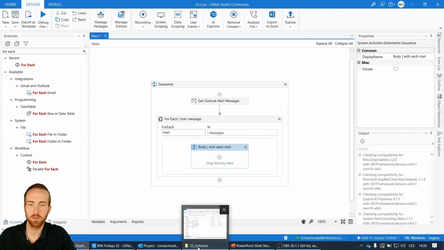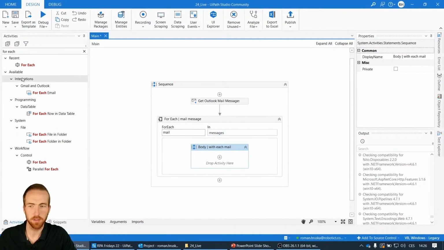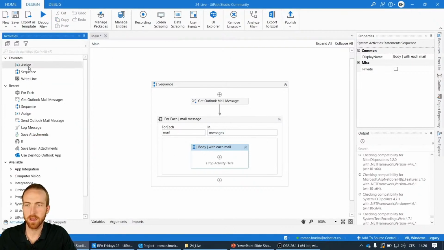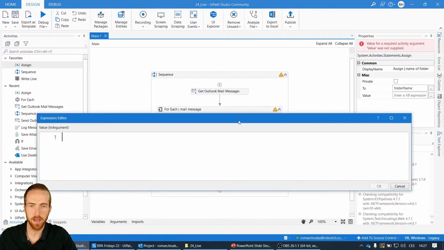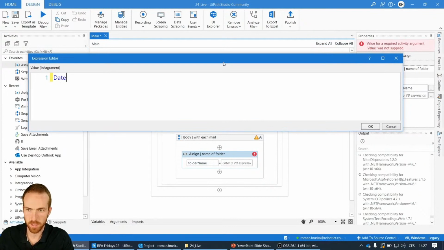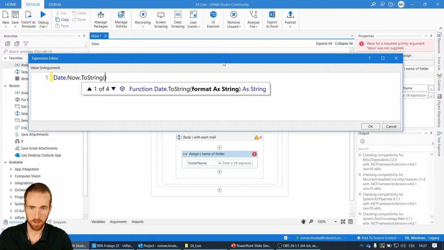So I already have the empty folder called data here. And in this folder, I want to create a new folder per each email. So for this, I want to just assign a new variable called folder name, because I will use it again. And the folder name will be constructed from the current date and time. So it will go like this: DateTime.Now.ToString, and now the format of the date, which will be yyyy, big double M, small double d,